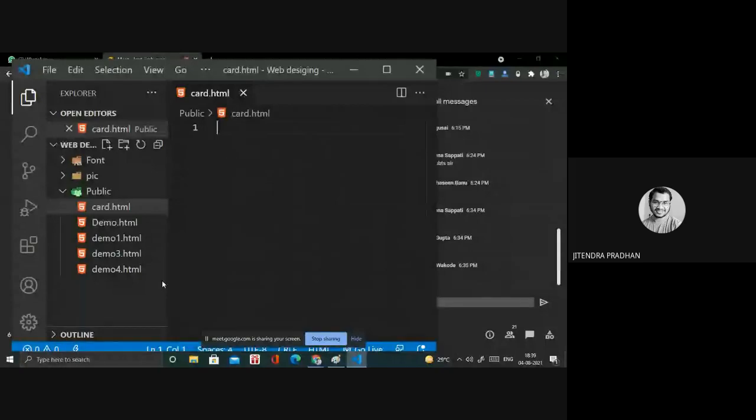Then in the middle part we have a particular image. Then in the footer part we have the price, description, review, all these things. I will tell you all these things.